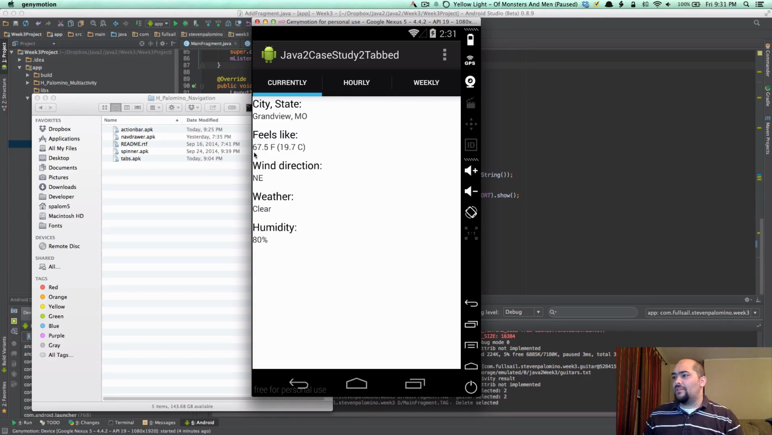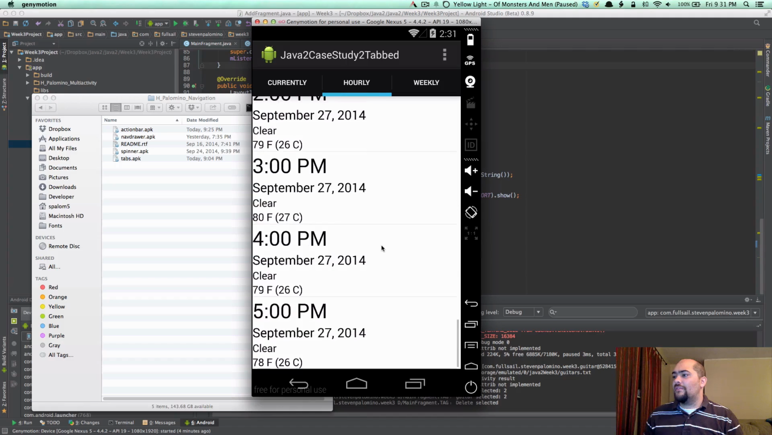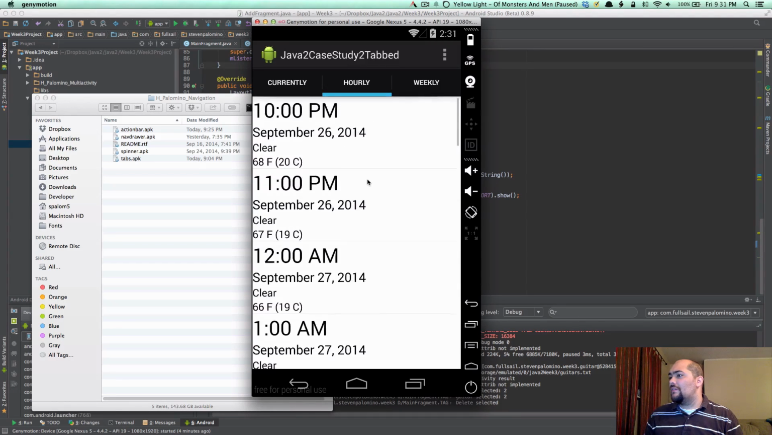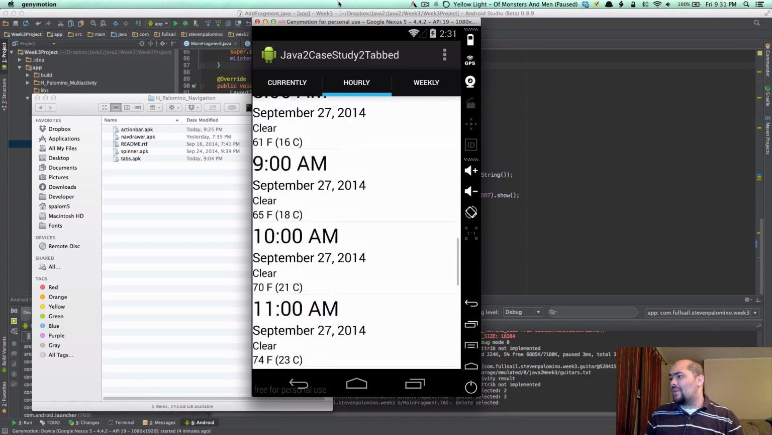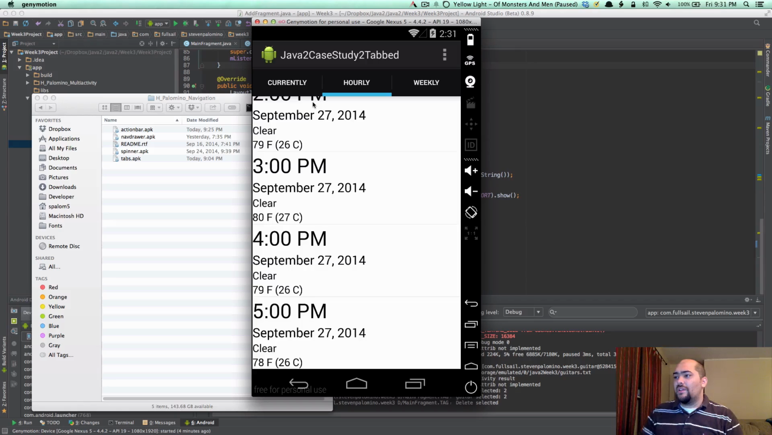So it currently feels like it's 67. It's pretty nice here. It's clear, humidity is 8%. I put an hourly of, I believe, 20 or 24 hours. 20. So I've got the time, the date, what the weather is going to be like, or the conditions, and then the current temperature at that time. So you can see it stays pretty